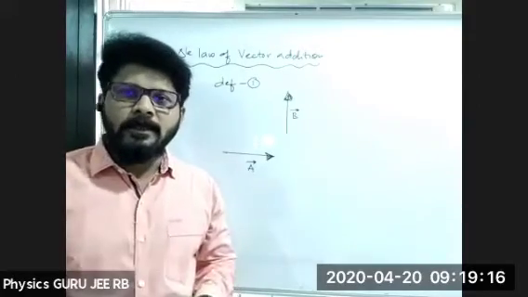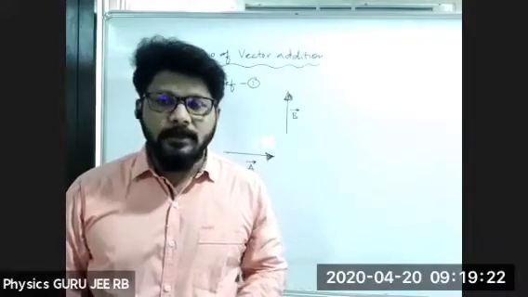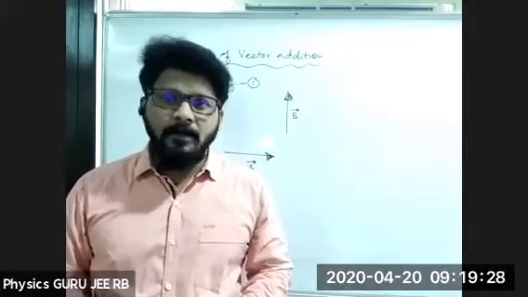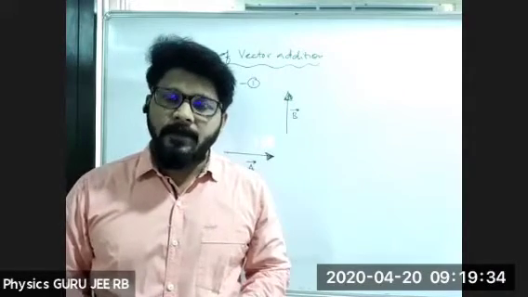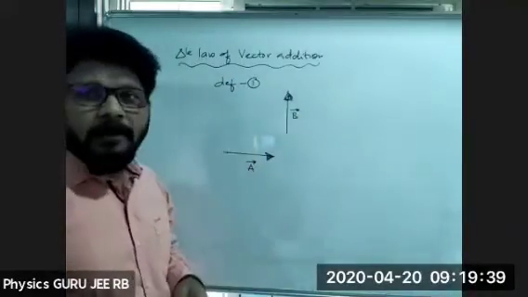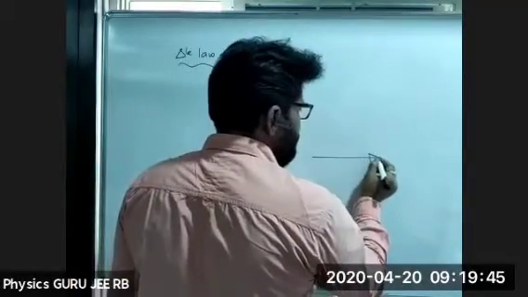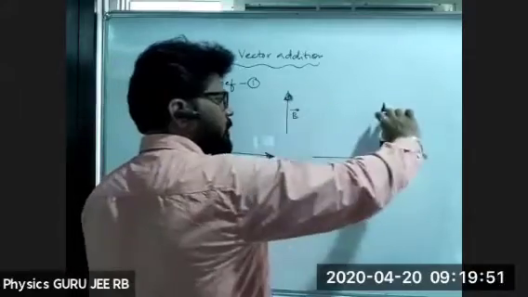When two vectors are there, we discuss many different methods to add them: first, the head and tail method; second, the concept of parallel shifts; and third, using the parallelogram law of vector addition. Now, how can we add by this triangle law? I'll take this vector as it is, and using the concept of parallel shift, A is shifted and placed here.